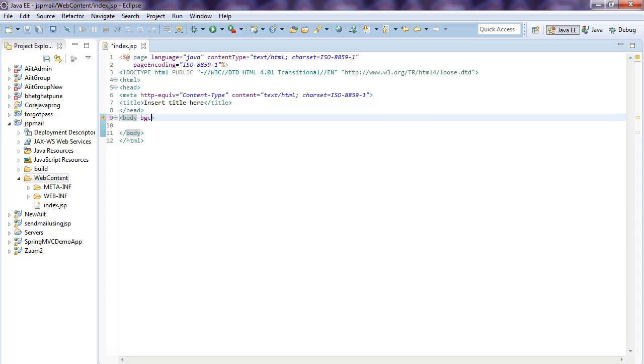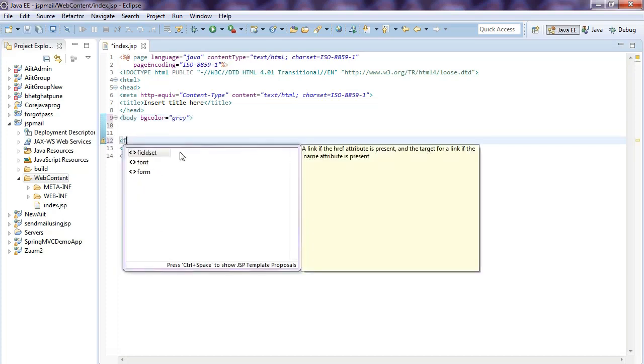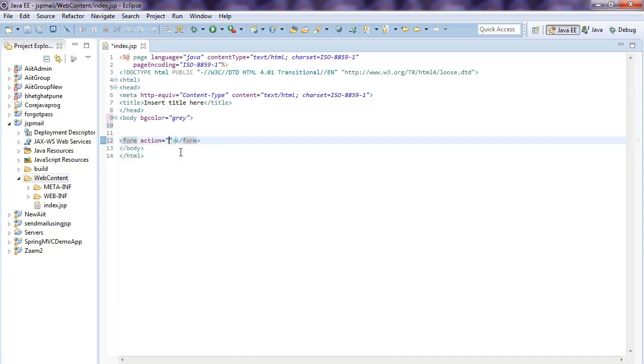I'm just taking a background color. After that, you create a form. You need to mention the action. That means when you submit, when you click the button, where does it redirect and what action follows.